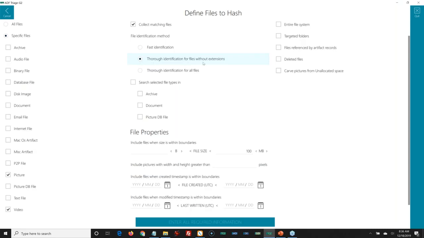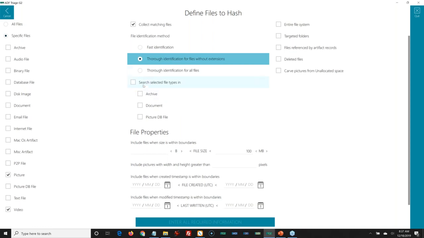So it's still fast. We call it speed optimized, and it gets you more evidence items, because it's going to get you stuff from the cache and from apps that maybe do not put file extensions on the files that they save. That's how we identify the files.